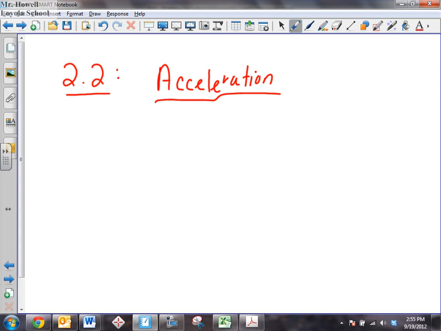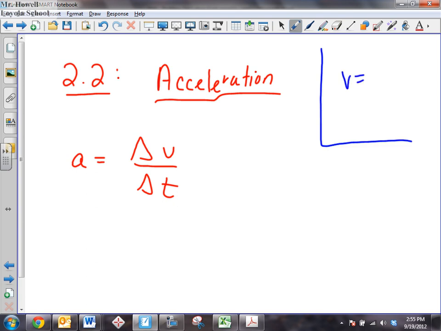I'll give you a formula, and it's very straightforward. You'll see right away. Acceleration is a change, delta, in velocity over a time period. So in words, what I just said is represented in one simple equation right here. Now, this should look familiar to you. It looks like your other formula from yesterday: velocity equals delta x over delta t. Take a look. Exact same format, right?